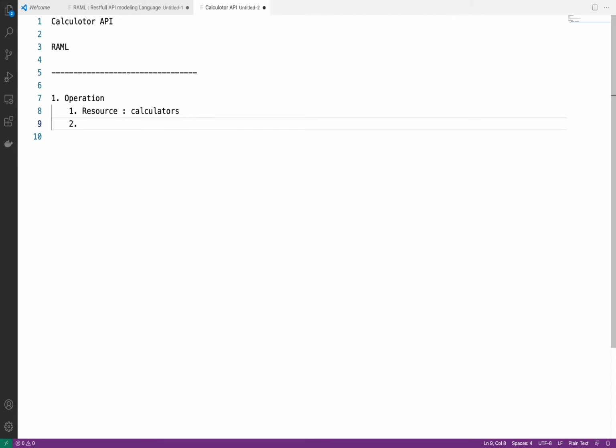Second thing, we are not going to create any resource, we are retrieving a resource from this API. So what will be my method? The method will be get.